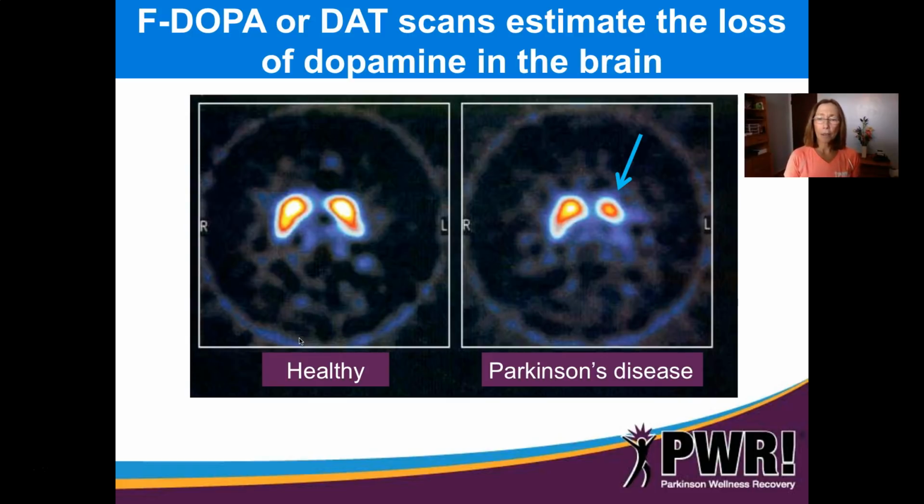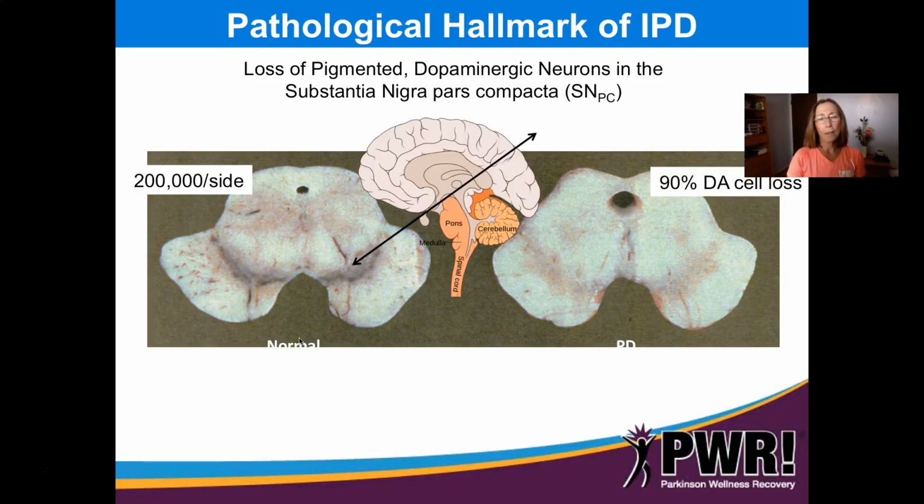The DAT scans are used often by neurologists to rule out other disease, to try to really verify, is this a dopaminergic neurodegenerative disease? Is it related to the dopamine system? Because they can measure and see what the effect is on the release of dopamine. Still, unfortunately, to truly diagnose Parkinson's disease,